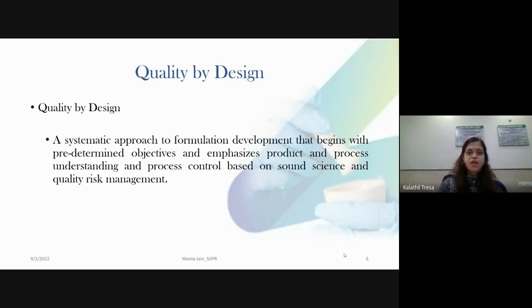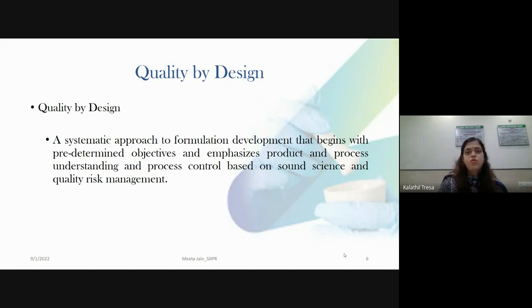It's not just like you are taking something and manufacturing a product of desired quality. You have to apply your scientific knowledge, okay? And there are predetermined objectives which you have to keep in your mind. That is, what is the final product which you require, what quality it should have. That has to be predetermined.